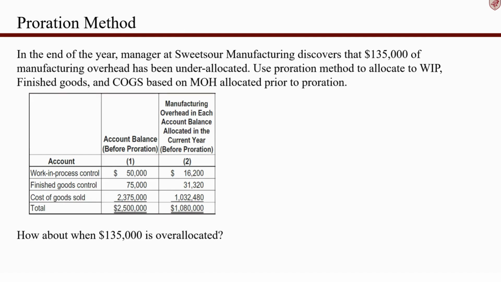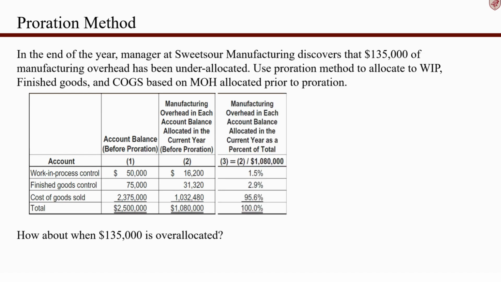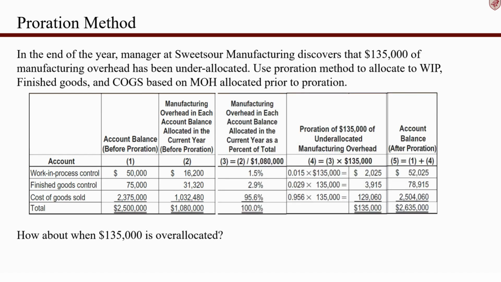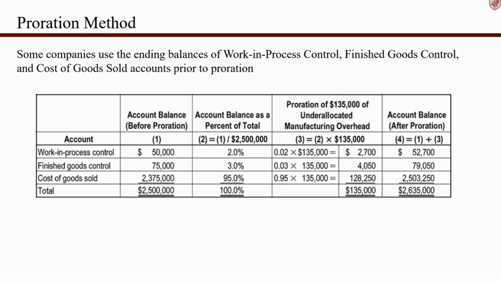There were two ways of prorating to work in process, finished goods, and cost of goods sold. The first one was based on the MOH allocated prior to proration. And the other way is to use the ending balances of work in process, finished goods, and cost of goods sold prior to